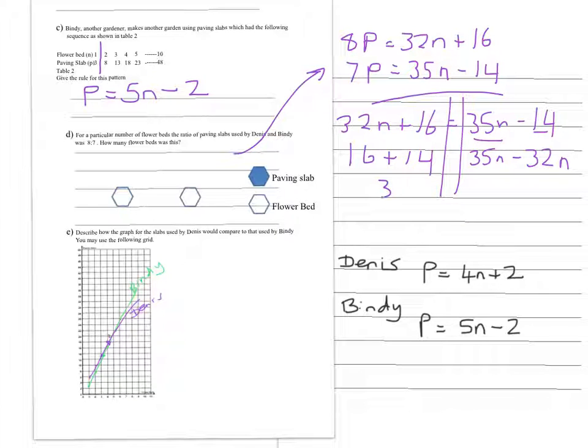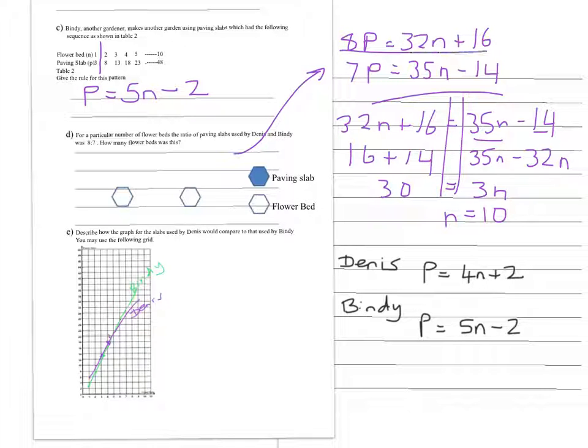So we have 30 equals 3n, then n must equal 10. Remember how to rearrange when you've got x on both sides of the river. So when n is 10, then the ratio of Dennis to Bindi is 8 to 7, because I've multiplied